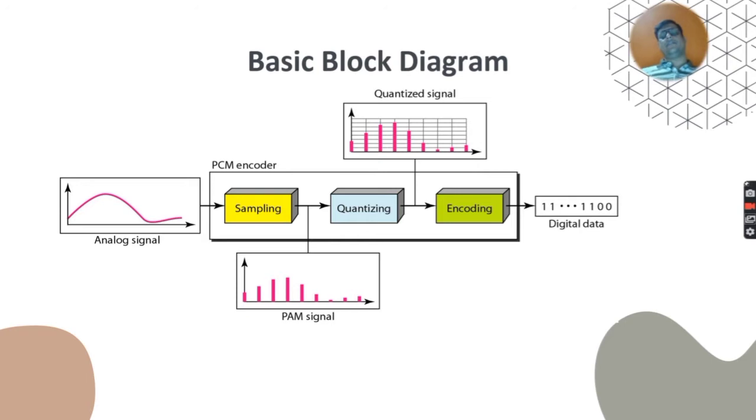At the end, the whole analog signal is represented with digital data. As you can see, the analog signal is converted into digital data. This is called PCM, pulse code modulation. This is our encoder. Why is it called modulation? Because the characteristics of the analog signal are going to change with respect to the pulses, and the pulses are going to be represented with the binary data. Okay, so next we can see